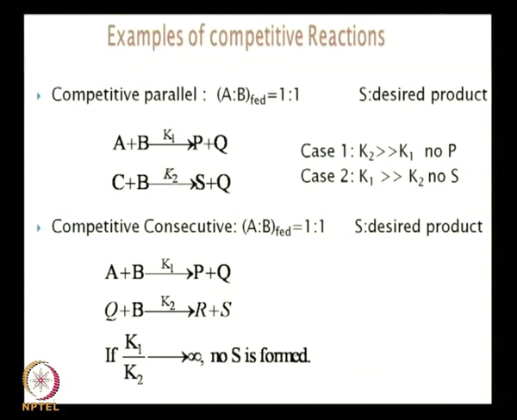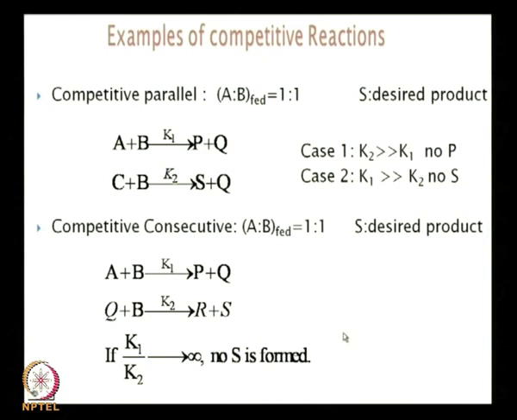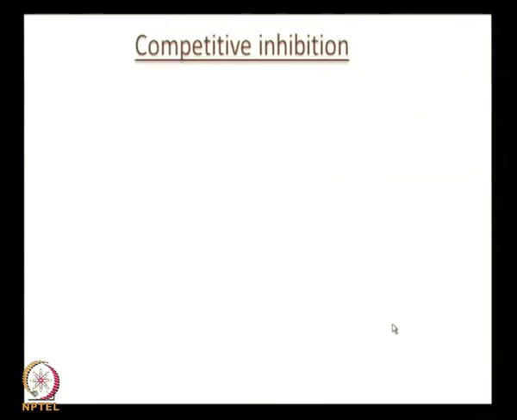So we introduce mass transfer limitations, as a result of which the first reaction will be hurt, and the second reaction is not going to be hurt. And I want you to figure out the amount of S that is formed under those conditions. So if this goes to infinity and you introduce mass transfer limitations, S is formed. In the absence of mass transfer limitations, no S is formed. In the presence of mass transfer limitation, S is formed, and I want you to figure out what that amount is. Okay. So now what we will do is go on to competitive inhibition,